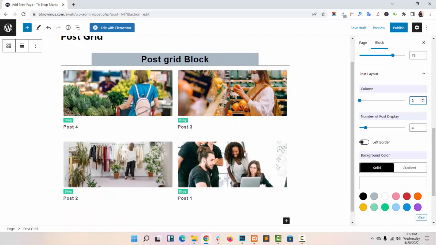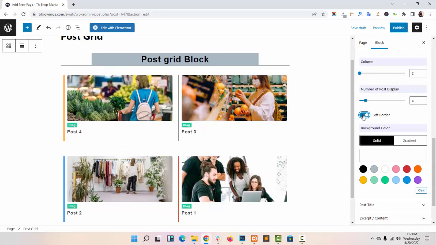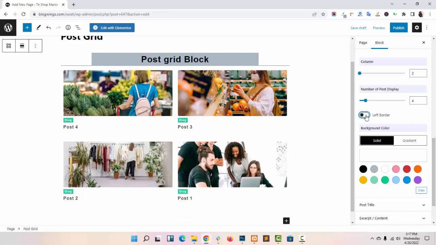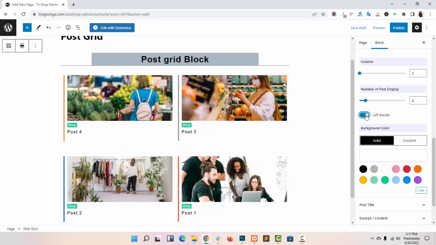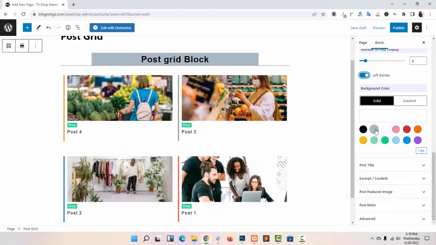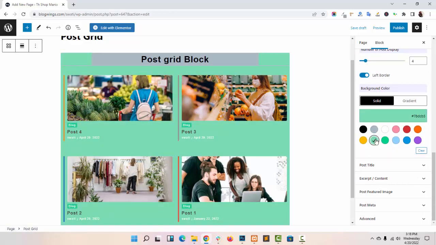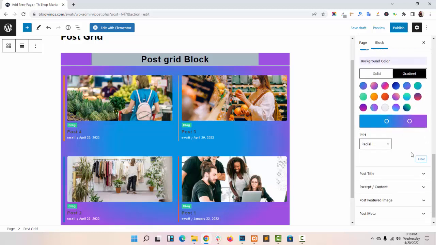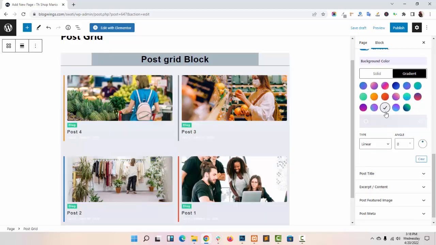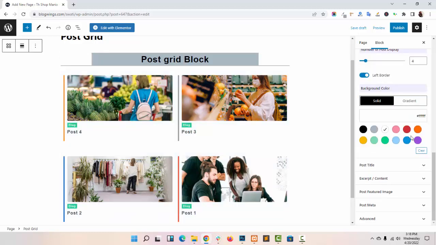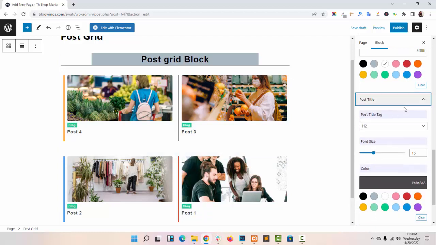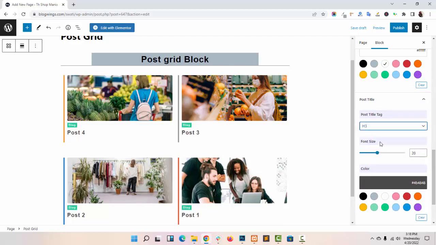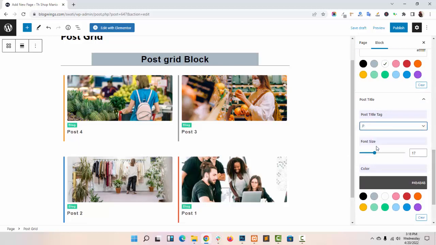Like this. You can also display or hide the left border, background color, gradient color. From post title, you can select the post title tag from H1 to H3 and paragraph tag,